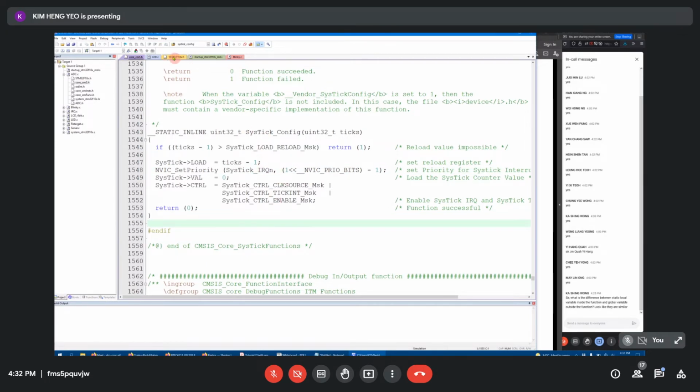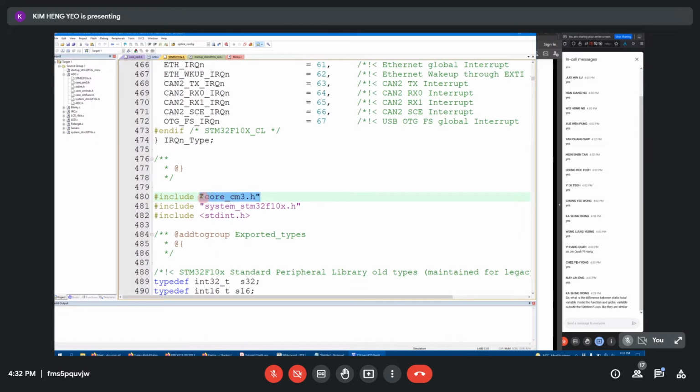I just want to show you this only, so I go back to this one. Now you know this file contains the functions, and there are many other functions to access the peripherals inside your processor core. Then this other file is used to initialize your system clock. Initializing your system clock is inside this file. And then this one, the standard integer header,